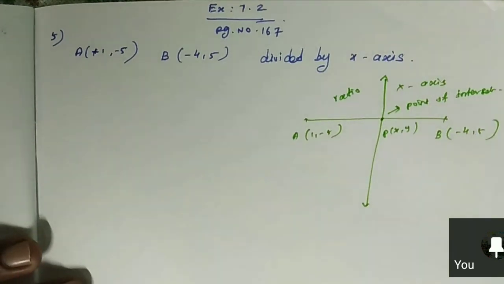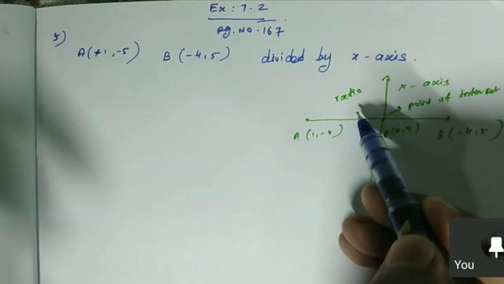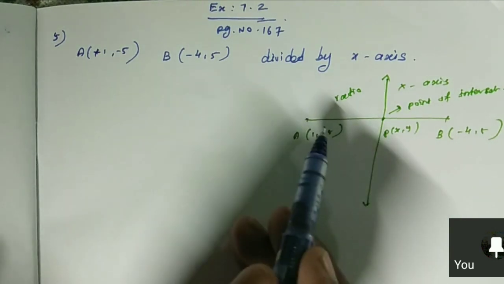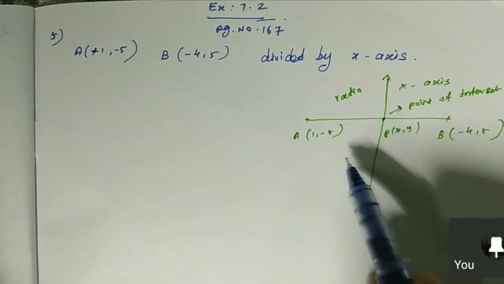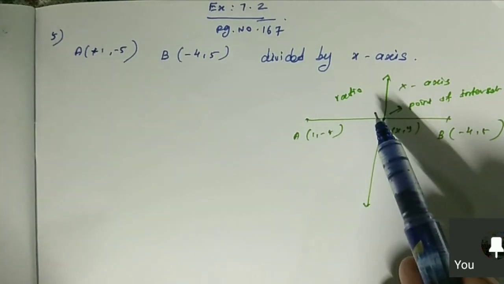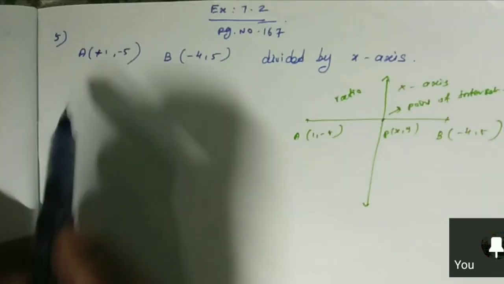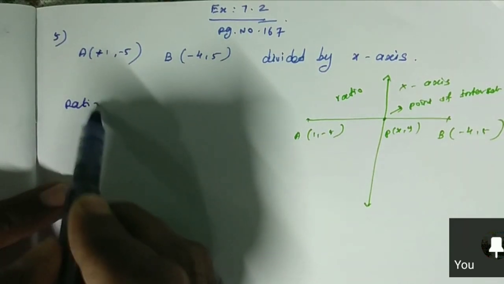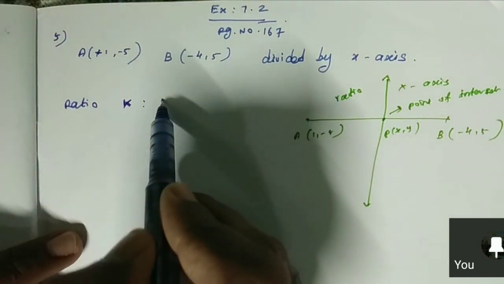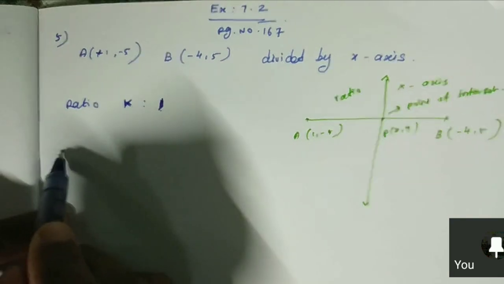Now we have a point and we don't know the ratio. We have only the section formula. In the section formula, what is required? One is the ratio and the other is the 2 points. Here we have only the 2 points, so what about the ratio? We need to find the ratio, so we should take a general ratio of the form k is to 1. Now I have a ratio as well as the points.